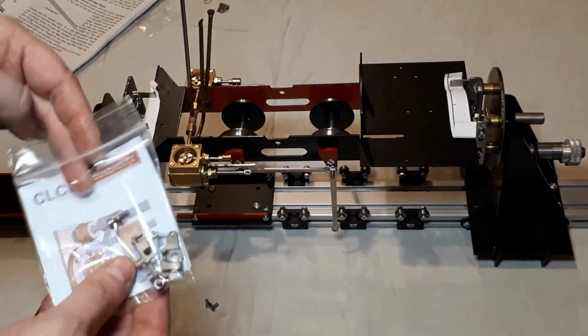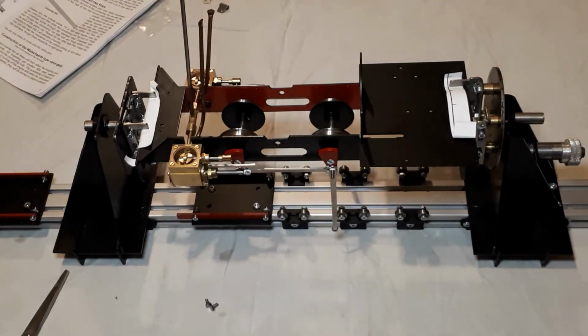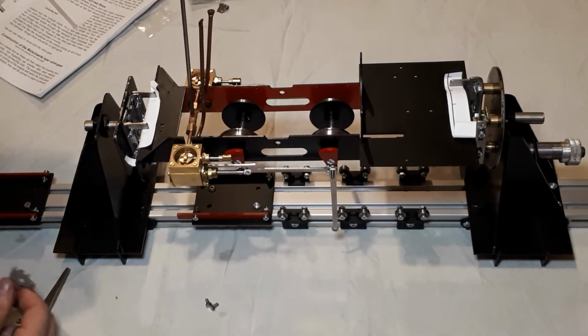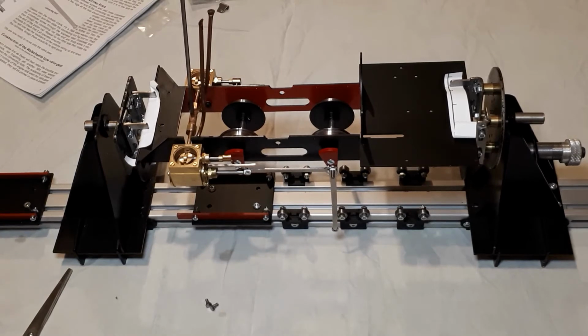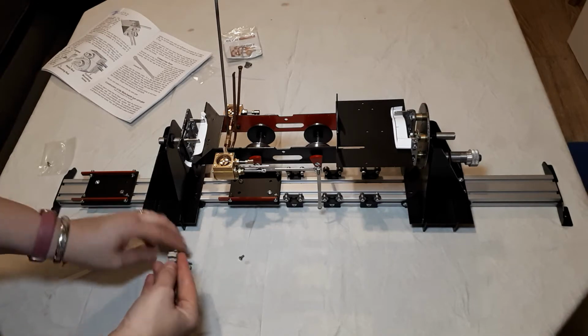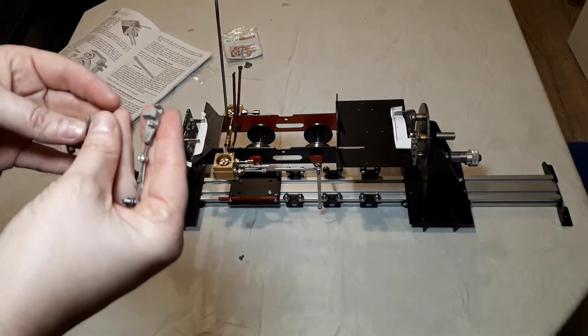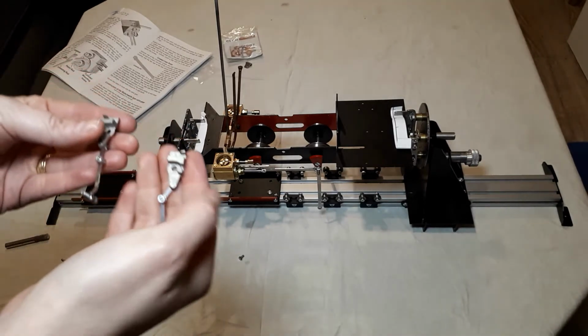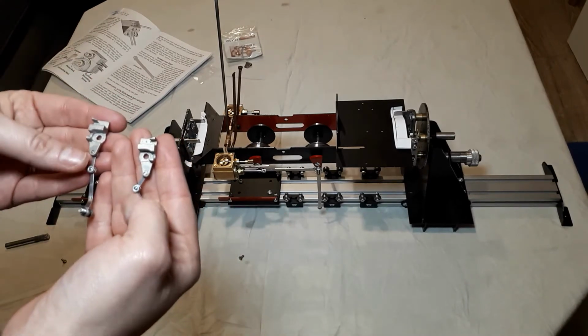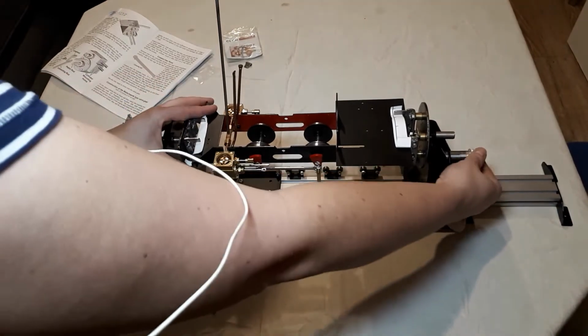Fitting them is a fairly straightforward process and not too dissimilar to what's in the instruction book, but it is a little bit more complicated and isn't detailed in the magazine or in the booklet, because of course this is a different set of parts and a little bit fiddlier than what we have been doing. One of the things that we now need to check is that these are actually handed, as crossheads go. So let's turn them around so you can see. Now they are mirror images of each other, so I'm just going to hold the one. How we're going to put this together